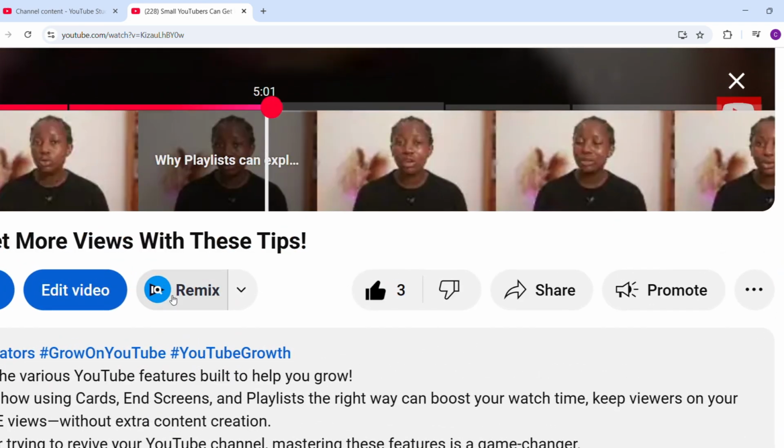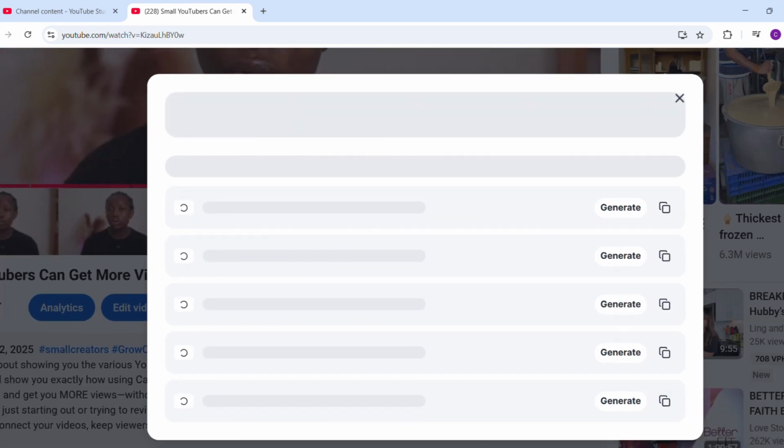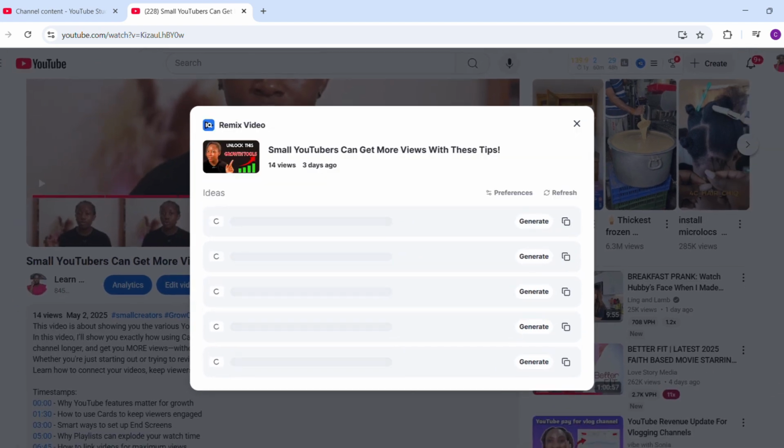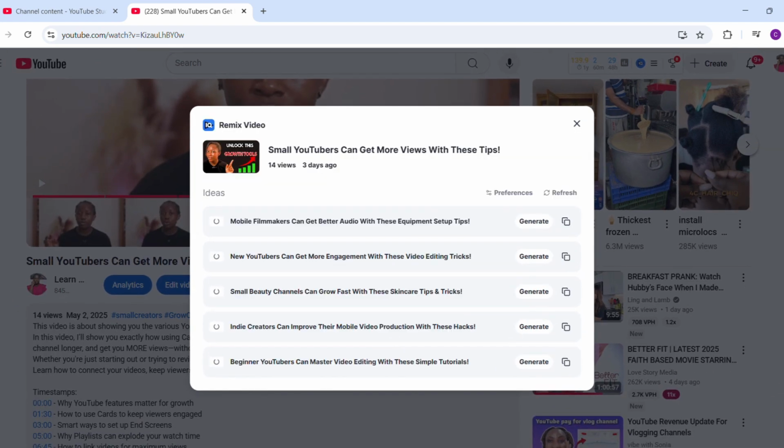The easiest way is, for that content that you have already created, go on ahead and click on that remix button. It's going to take you to your video. Then you just re-edit your video, position the size, the ratio. You look for that most interesting and attractive part of the video, and you put it as your short. That way it is going to help YouTube to push your videos further out there, and that way people are going to see that video and then come for your long-form video. So this is the very first thing you want to start doing for you to start getting views on YouTube.